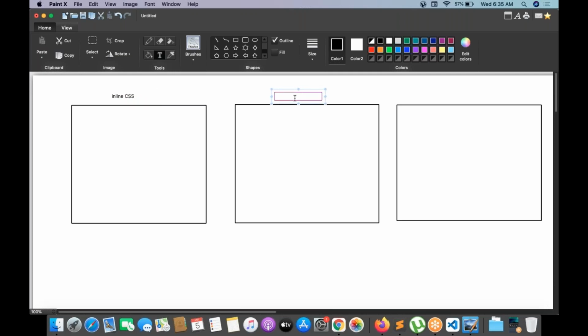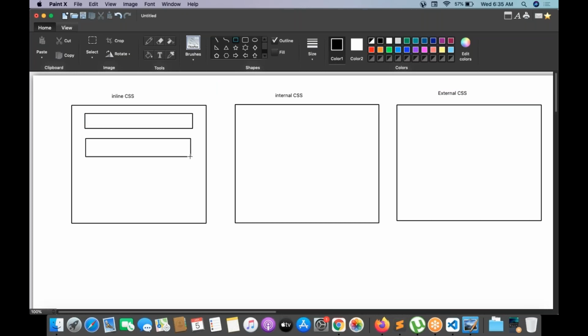For inline CSS, element by element, we are going to be adding CSS. For example, if I have multiple elements here, for each and every element, we are going to be integrating the CSS. This is called inline CSS.